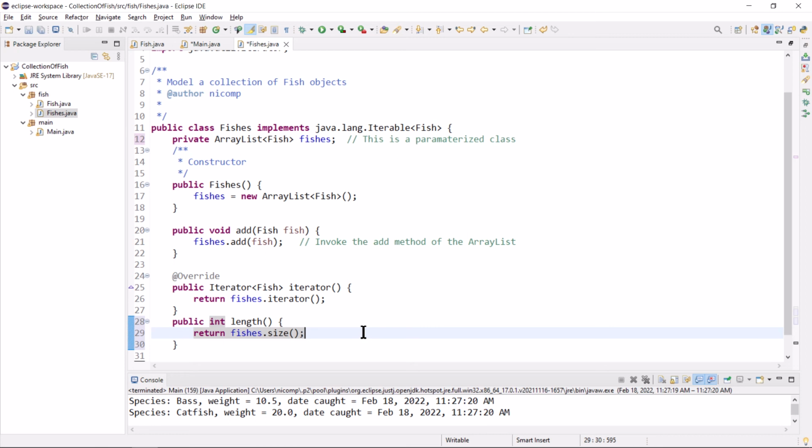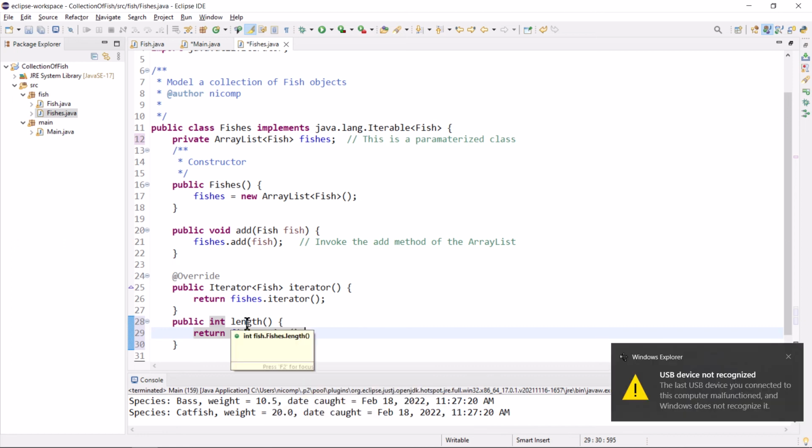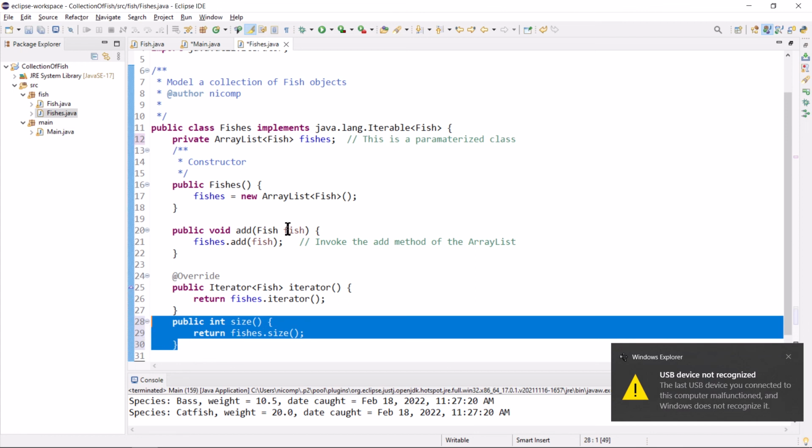This is a solution. If you think about it critically, it's not a good solution because we've changed the name of something that everyone was already familiar with. Everybody already knew that if they used an array list, they used the size method, but all of a sudden now we've changed it to length. Therefore, I'm going to change this to size so they both match. And that just helps all your developers who are using this